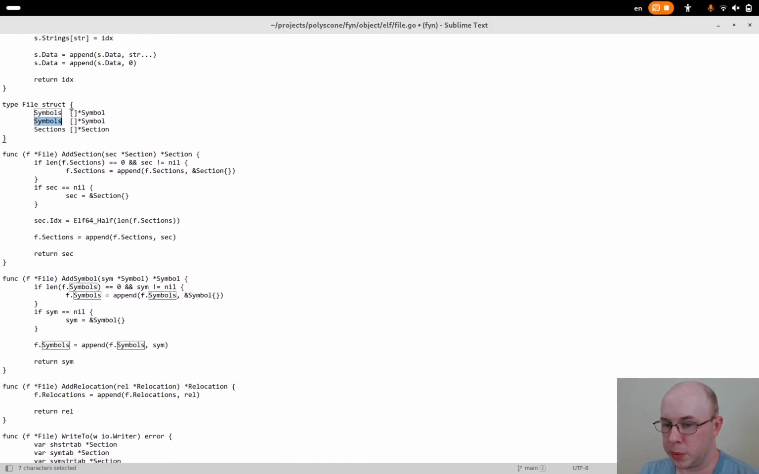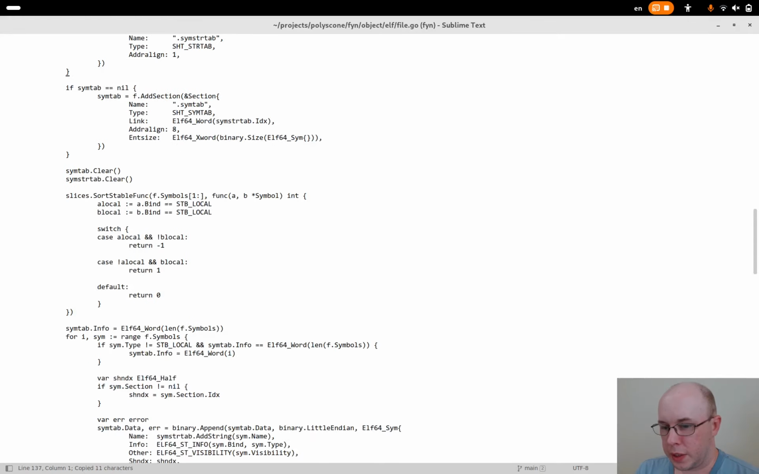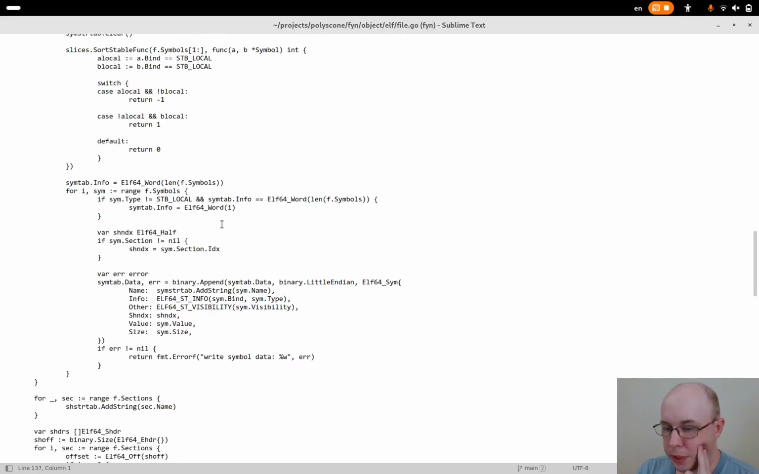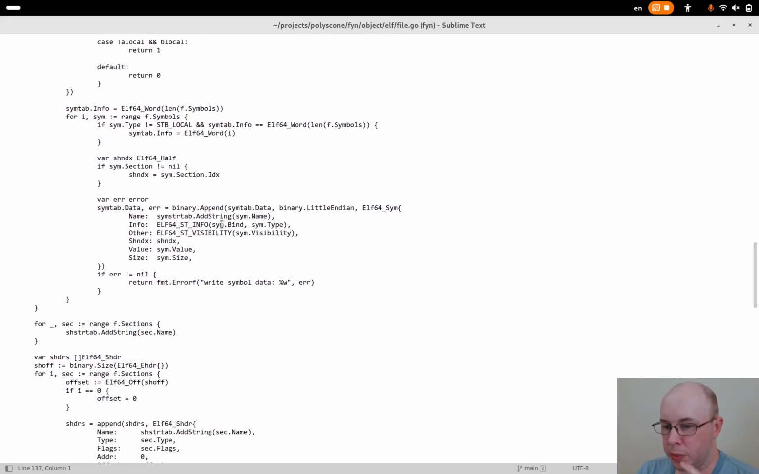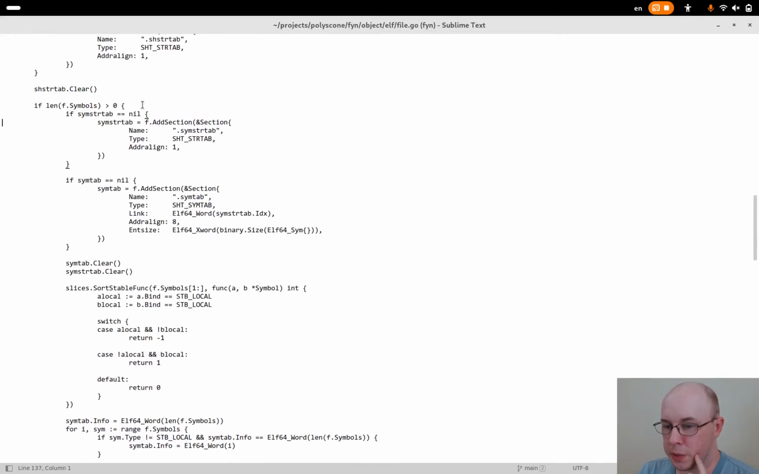So we'll say we've got symbols, we've got relocations. Okay. So then if we have relocations, then it means that we must have symbols. So I think I can do the relocation stuff within this if statement here. So we'll do the symbols first, and then we'll do all of the relocations. So we'll say for, let's say, rel range over f.relocations. So at this point, what we want to do is make sure that we've got a relocation